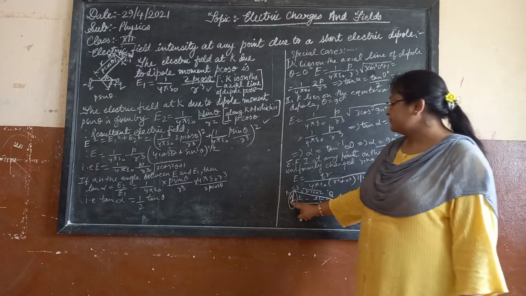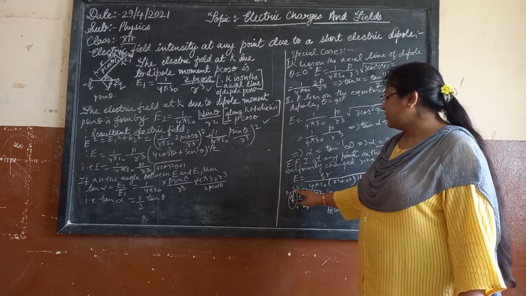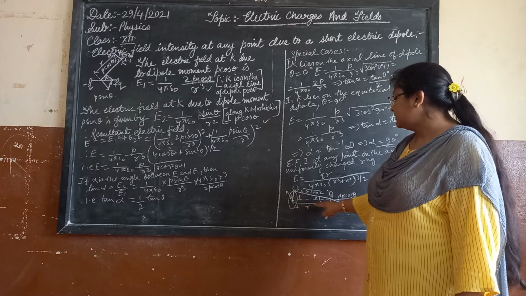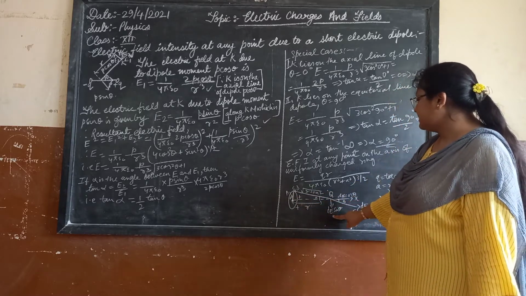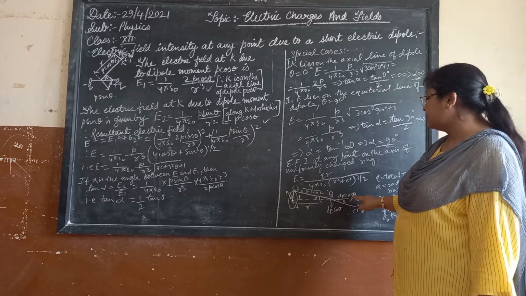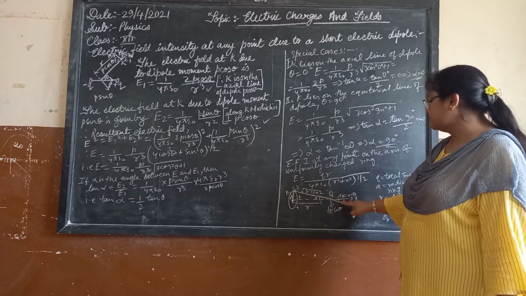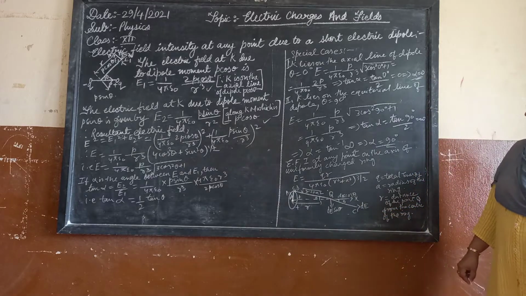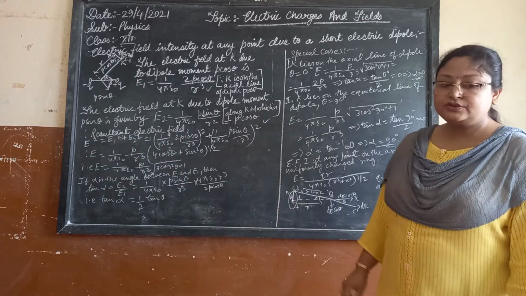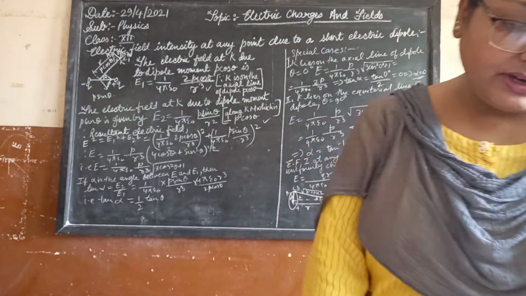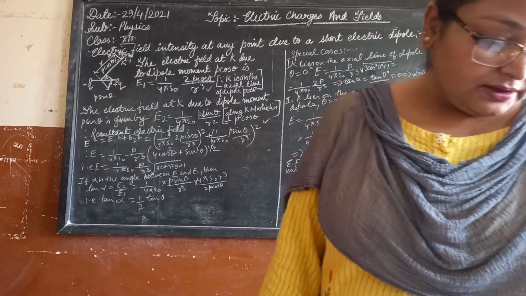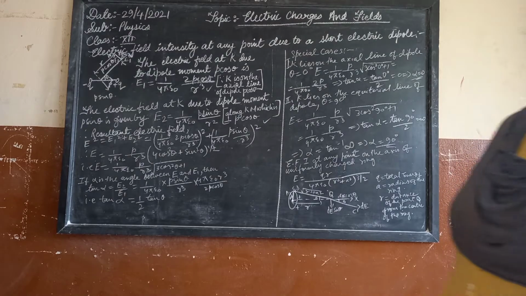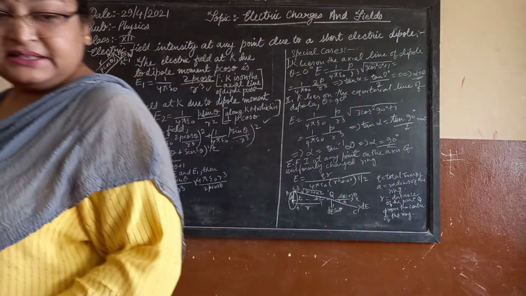Now this is the positive charge q, A and B are the points, and this is the C point. This is root of r square plus a square, this is a, and this is r. Now this is dE sin theta, this is dE cos theta, in opposite directions. So in the case of a uniformly charged ring, we will get this particular electric field intensity as given by this particular process. Now, dipole in a uniform external field.